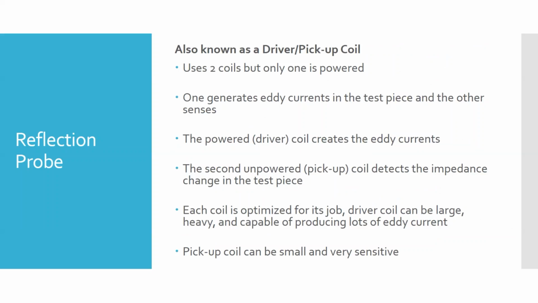But here we can have a larger, heavier duty coil that we can run more current through to create a stronger field that affects the part, which creates stronger eddy currents in the part, which creates stronger magnetic fields to be picked up by the pickup coil. So it produces much stronger eddy currents and stronger return magnetic fields. But then we can have a much smaller pickup coil, right? Those aren't going to be anywhere near as strong as the magnetic field created by the driver coil,